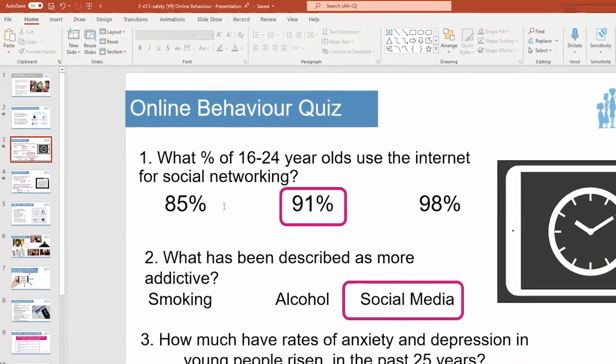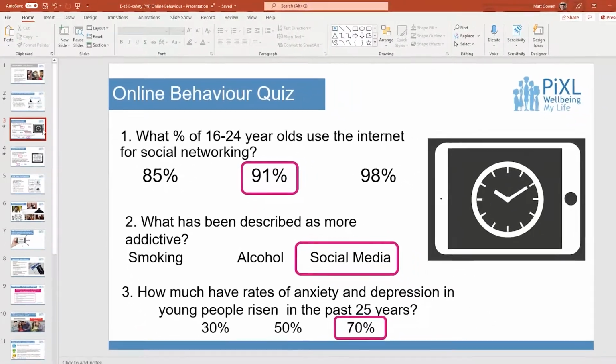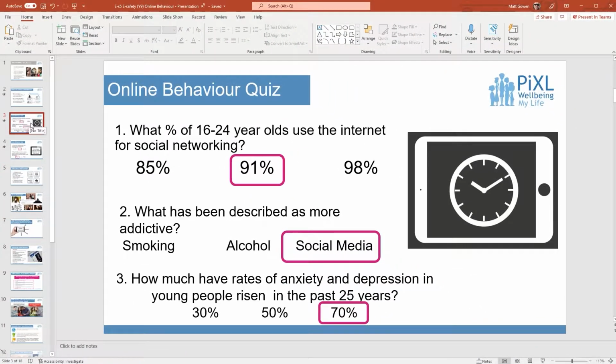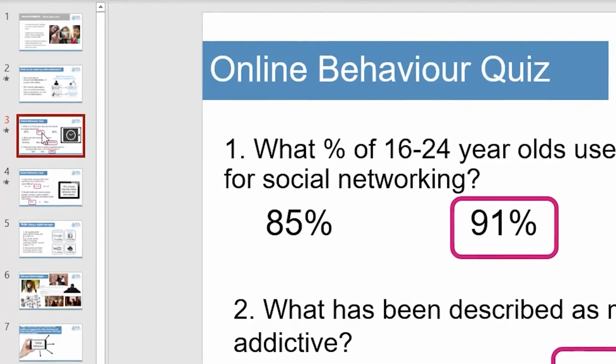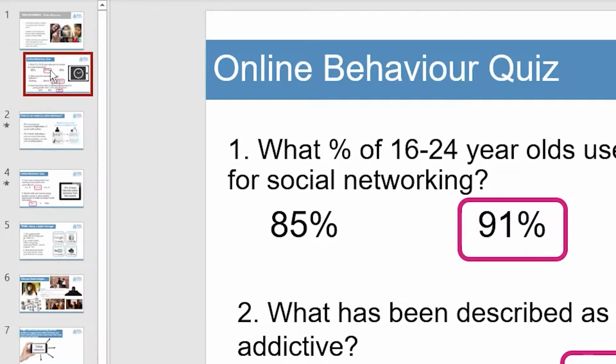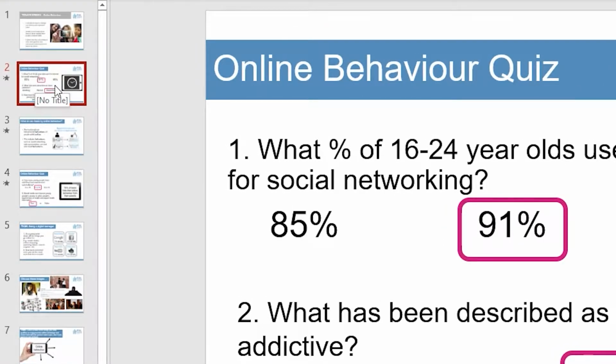Now I'm using an eSafety presentation that's already been written. You'll see there's a lot of slides here. And the first thing is to note that if you think that one of your slides is in the wrong order, you can literally pick up the slide in the slide sorter view down here on the left-hand side and drag it around. So now what was slide 3 is now slide 2,